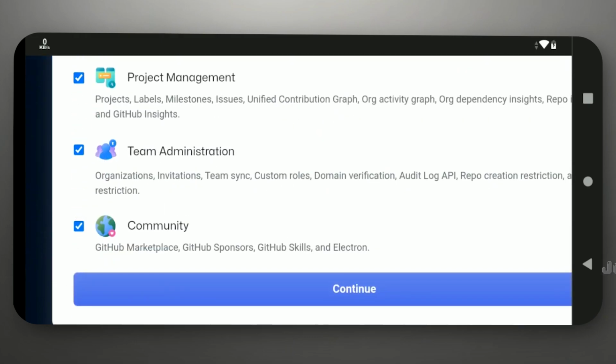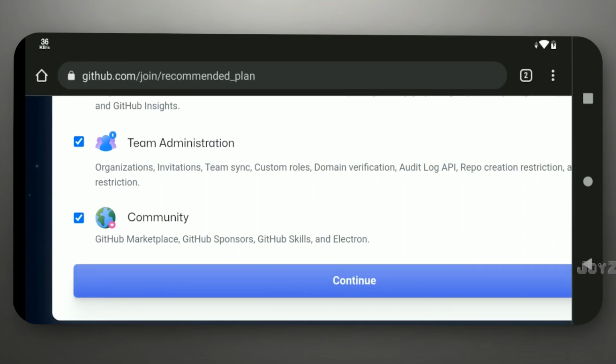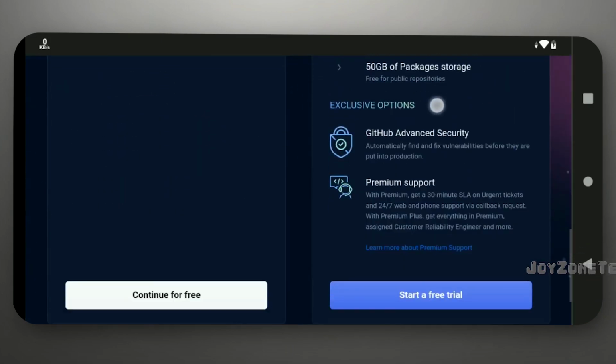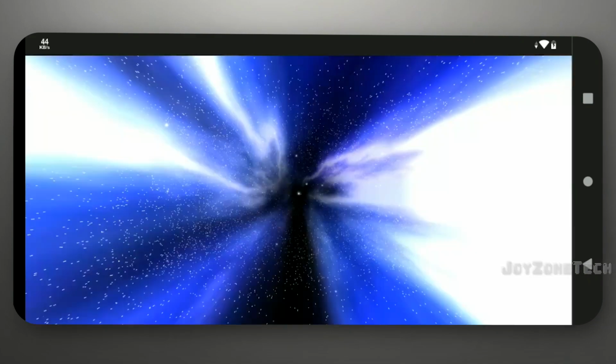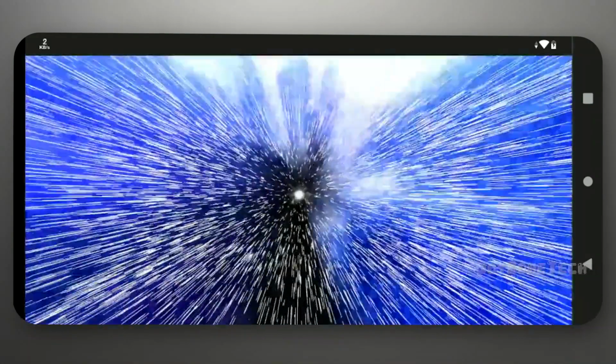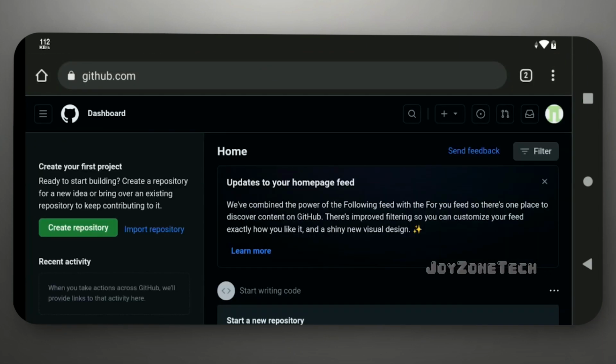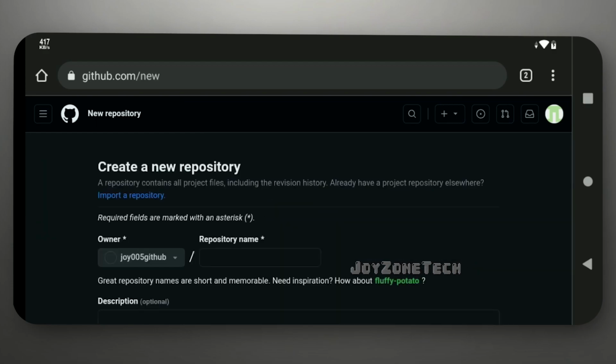Click on Continue. Click on Continue for free. Give any repository name you wish.